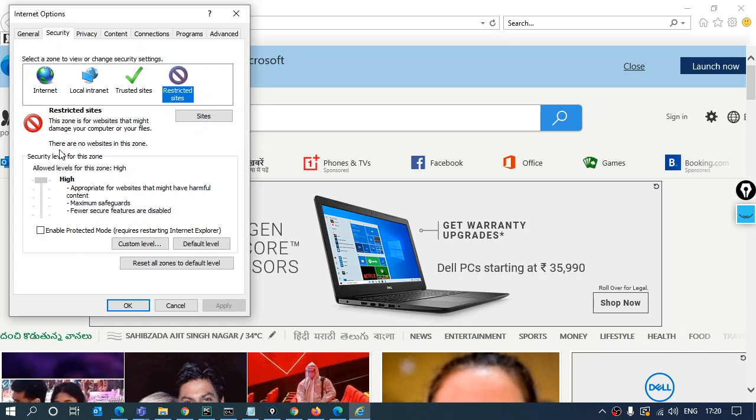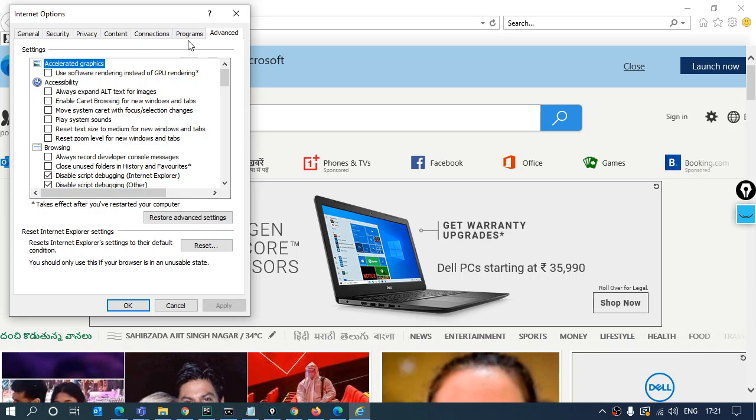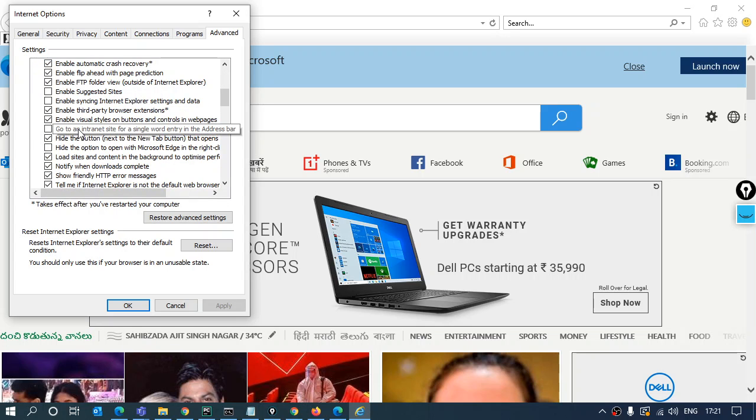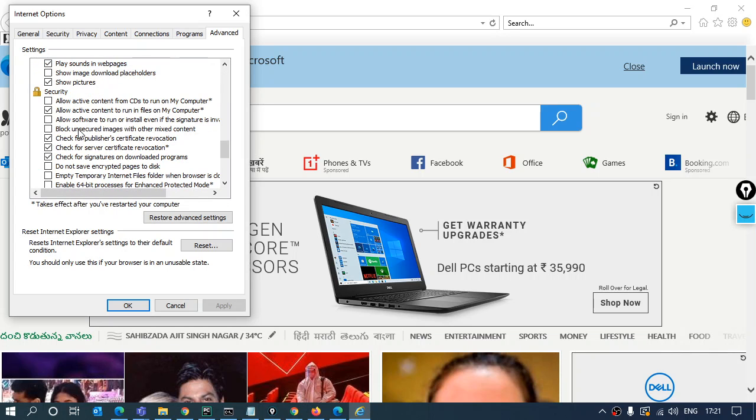Once this change has been made in the security tab, go to the advanced tab. Over in the advanced tab, look for the security section again. Here is the security section. By default, the second option, allow active content to run in files on my computer, is unchecked. You need to check that.